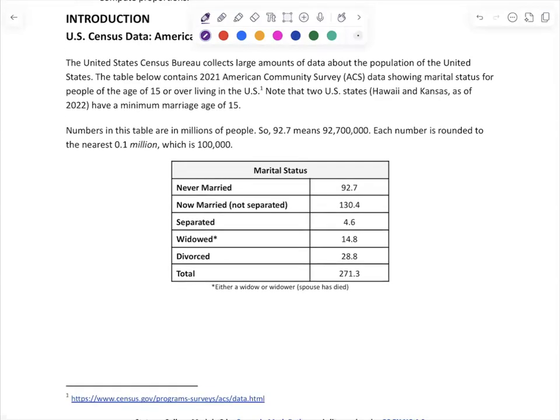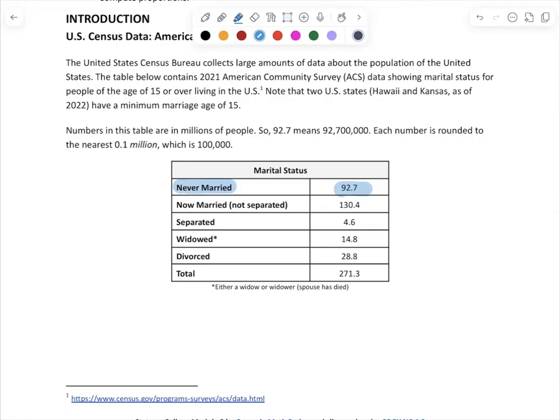So when you see the number 92.7, it means 92,700,000 people. Each number is rounded to the nearest 0.1 million, which is 100,000. This is for simplicity, so we can do the computation a little bit easier. So take a look at the table. Here, as you can see, we have a compact table that gives us information in each category. For example, the first category is never married. How many people? 92.7. Then you need to convert that into millions, which is